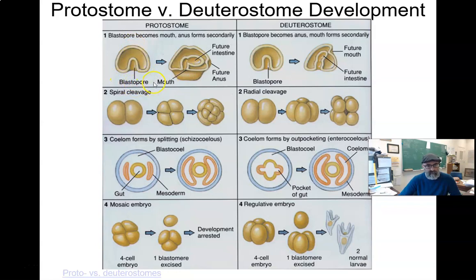If the first opening is the mouth, then they are protostome. If the first opening is the anus, and then the second opening is the mouth, then you are deuterostome. Okay, there are some other characteristics of protostome, deuterostome. This goes a lot more deeply. It depends on whether as cells cleave during mitosis, if they cleave in a spiral manner or radially, right? There's a lot of other things that are relevant, but just to know,